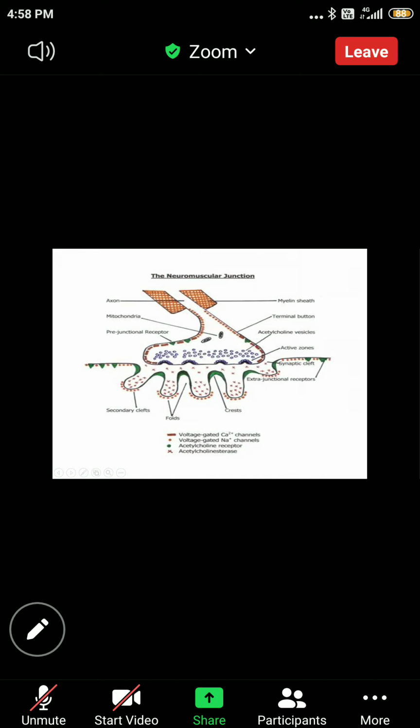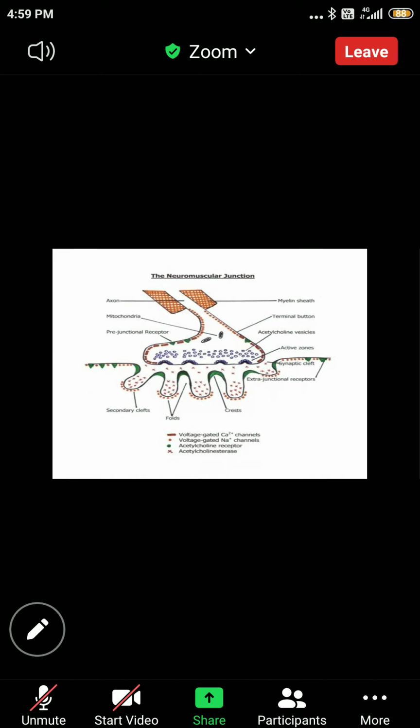It's like an enzyme link fashion. Okay. The moment this acetylcholine comes and gets linked to the receptors, there is a conformational change which occurs. Immediately voltage gated sodium channels will open up. Influx of sodium will occur, and this leads to a depolarizing change in the muscle membrane.